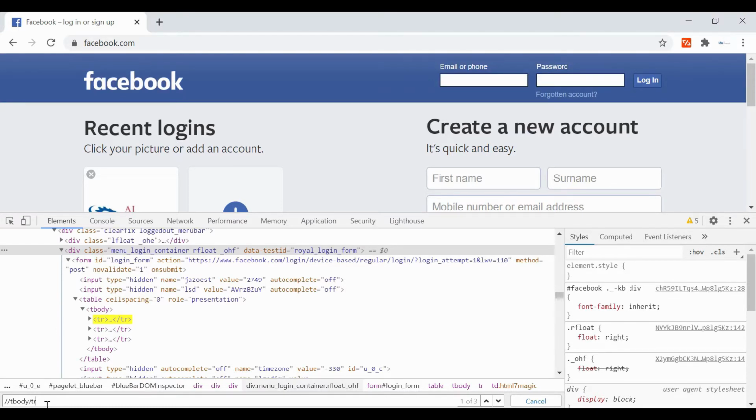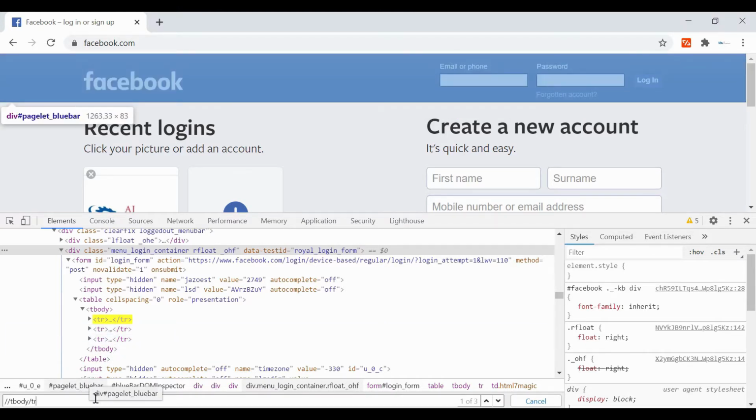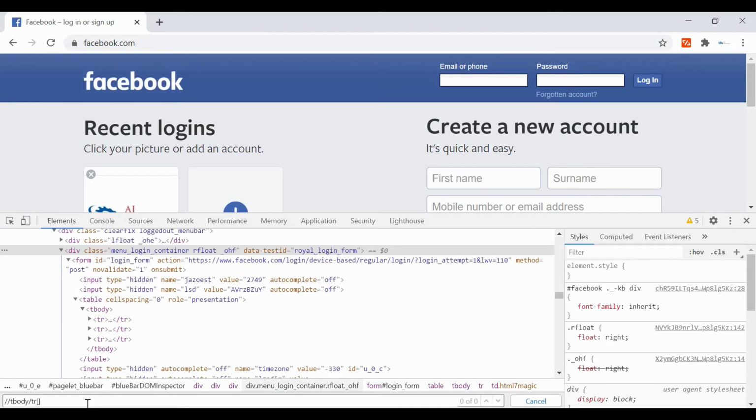What if you want to go to the second only, not the first? Using square brackets you can mention which tr, which row or which child you want to go to. So this means first tr means first child.